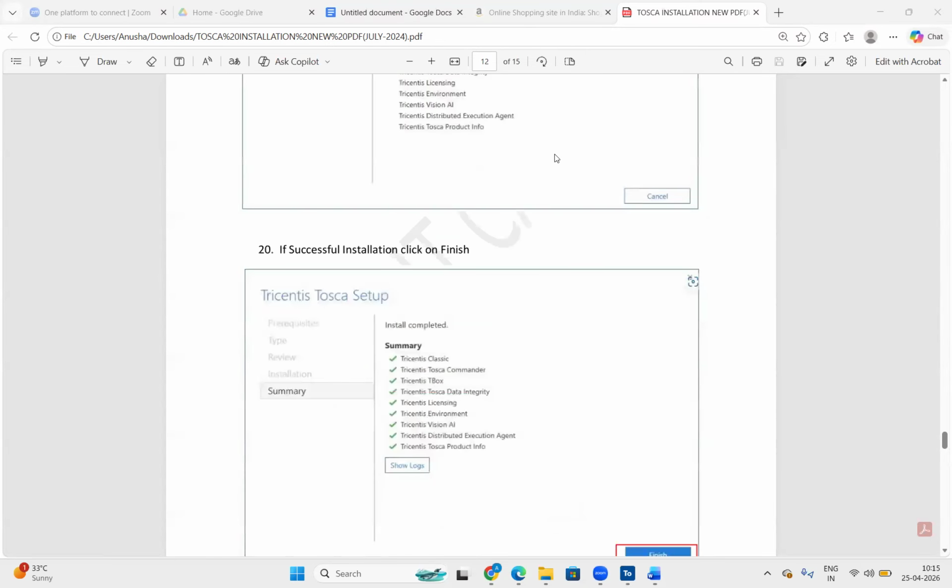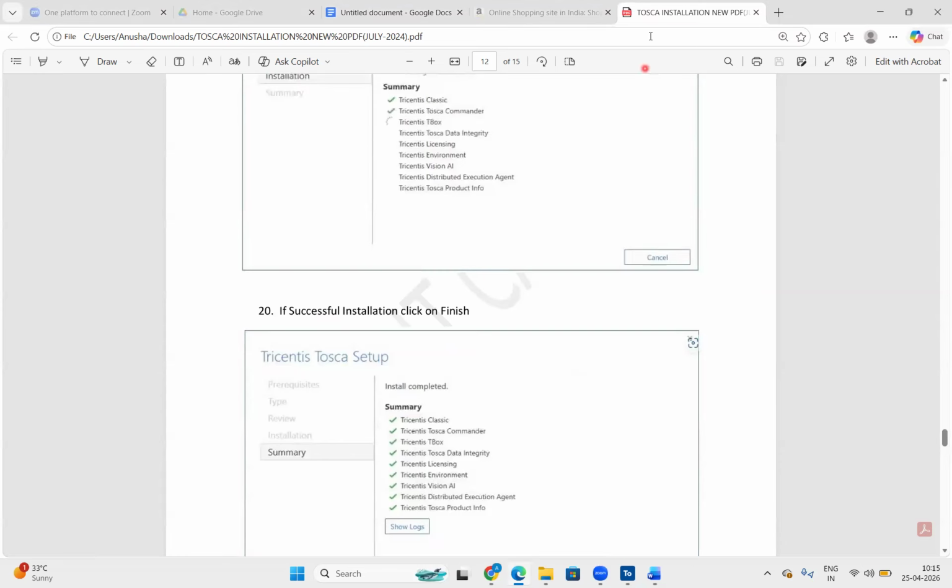So Monday, what time is the session, Anusha? Monday we can connect at 9 a.m. Tuesday onwards we'll connect at 8 a.m. What about evening sessions? I have not discussed evening sessions with the admin team. Let me check with the admin team. Right now I don't have any evening slots. If anything is planned, I'll plan accordingly.